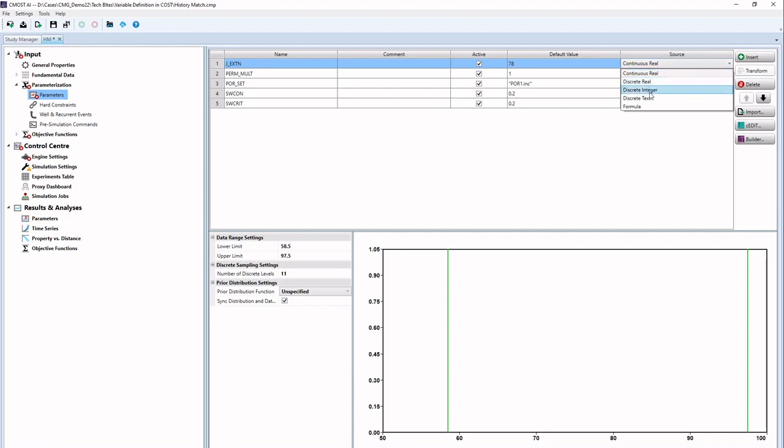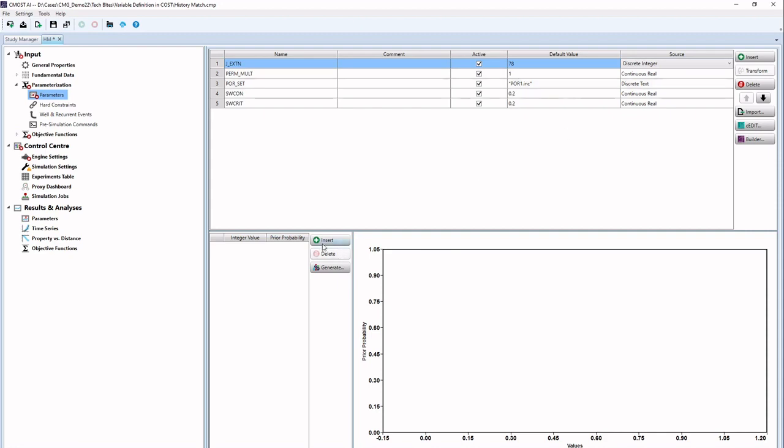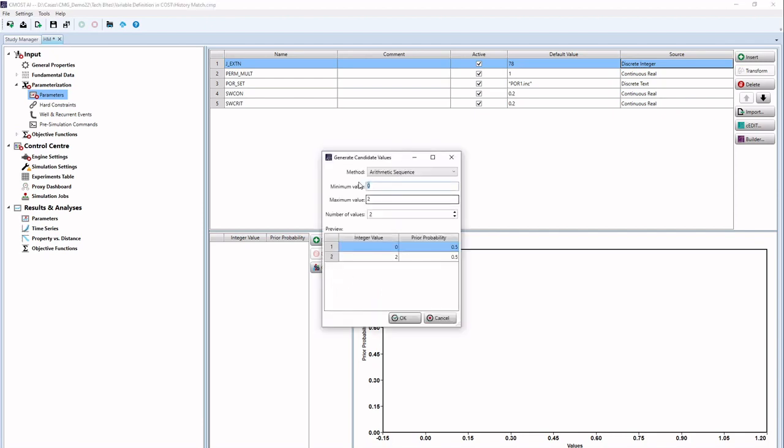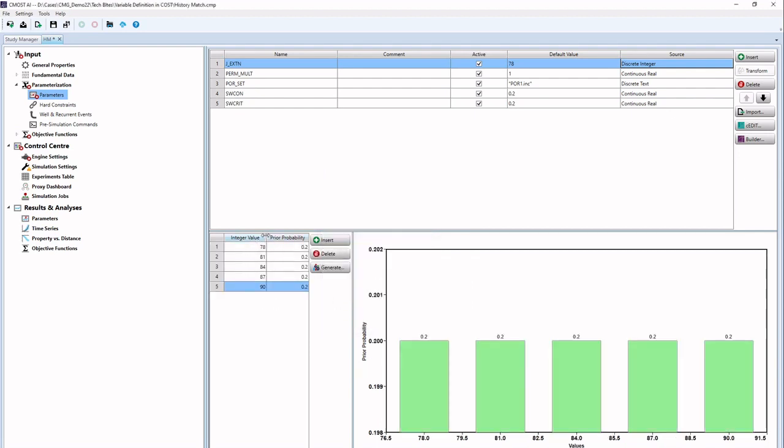So I'm going to change this to discrete integer, and I can put individual values here, or I can use this generate button and generate some integer numbers between 78 and say 90, and we want to cover all the ranges with the right resolution. If I say OK, that's going to populate those numbers, and now CMOST has choices to make